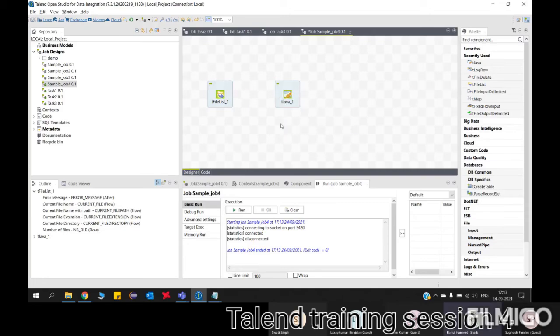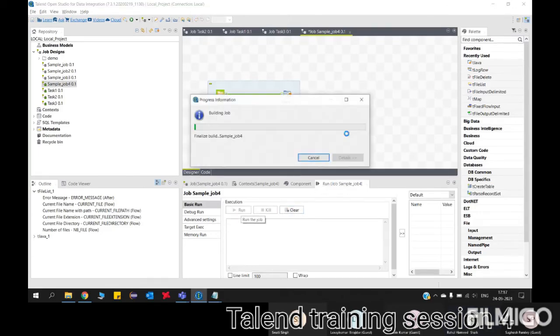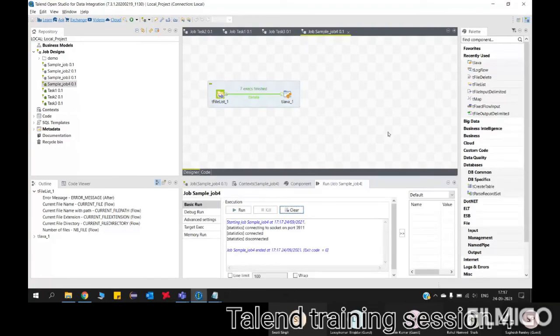I will show you the global variable values, how it displays. So iterate will happen on tJava because in tJava it is not mandatory to have input. The empty tJava also we can run. For example, run this job itself, run it directly. See, it will run. Why?